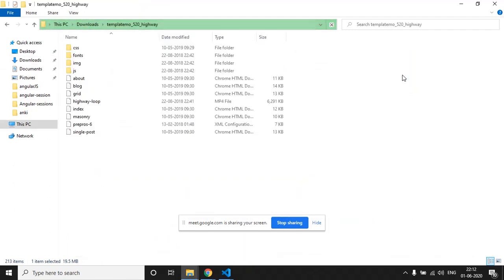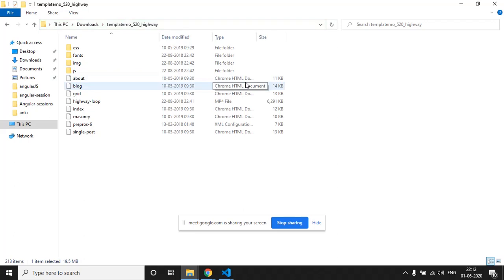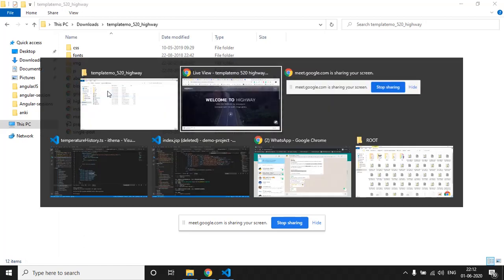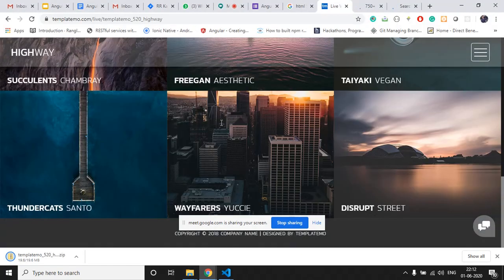This is the folder where all the code for that template is kept. These are all the files, this is the index.html file, and these are all the other pages that we can see in this template, right?